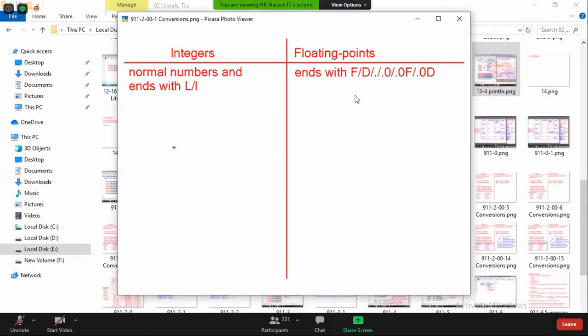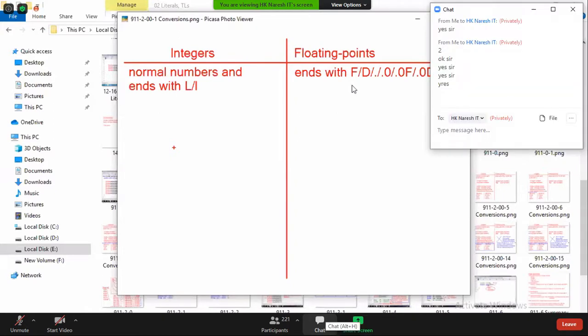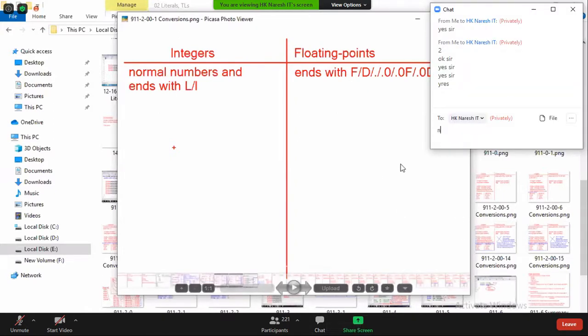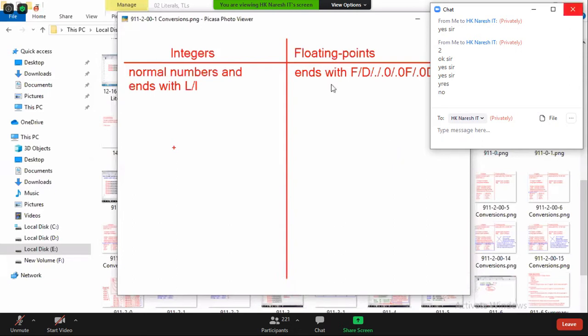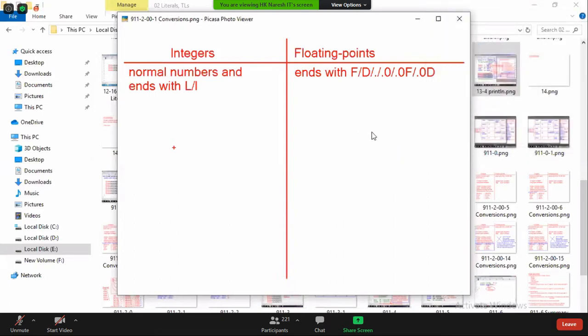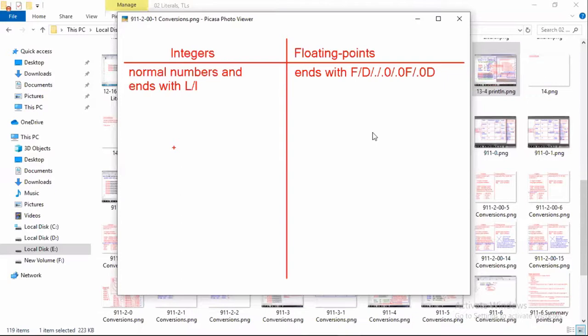Some foreigners are pronouncing it as decimal. Even some students in our earlier batches say, hey, it's a decimal. When I ask what 10.5 is, they tell me it's a decimal. Right? 10 is the whole part, 0.5 is the fractional portion, and both together are called a floating point number. Or you can call it a real number. Dot means decimal.